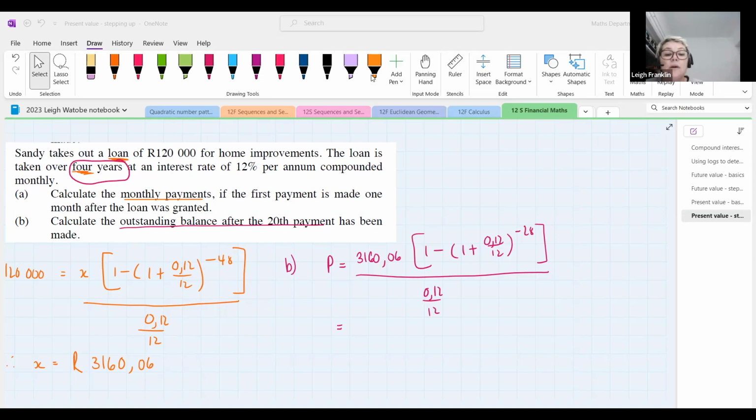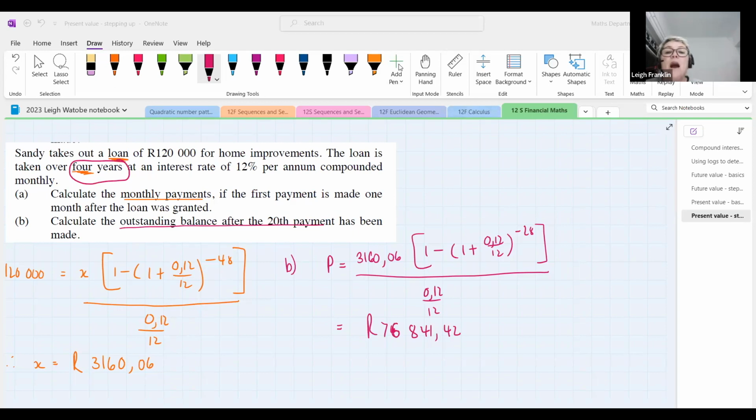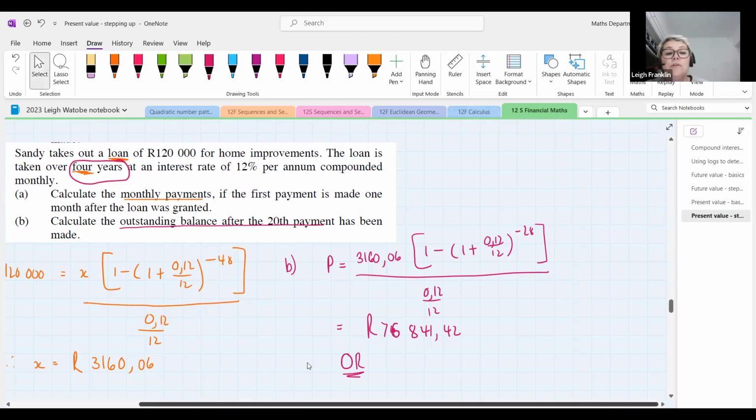All right. So here we've got 76,841 Rand and 42 cents. Okay, so that's how much she still owes on her loan. The other way that we could calculate this,